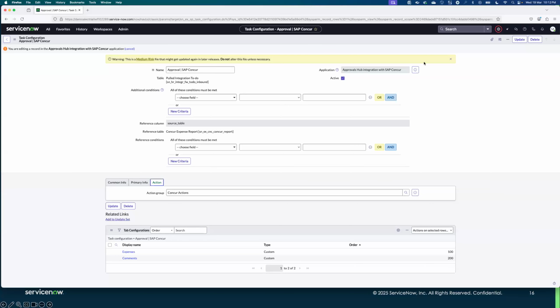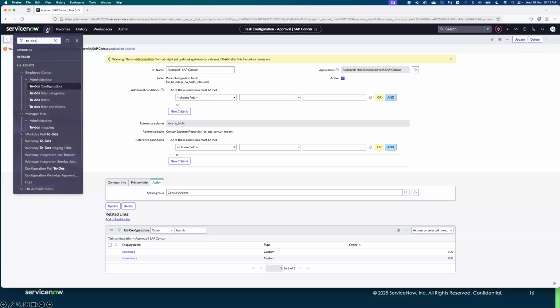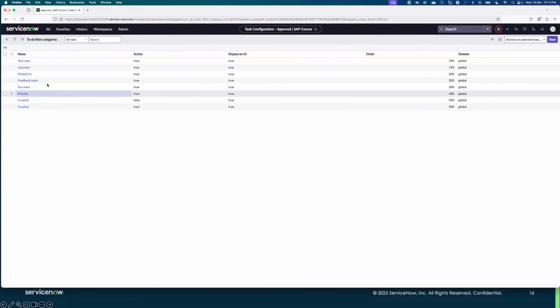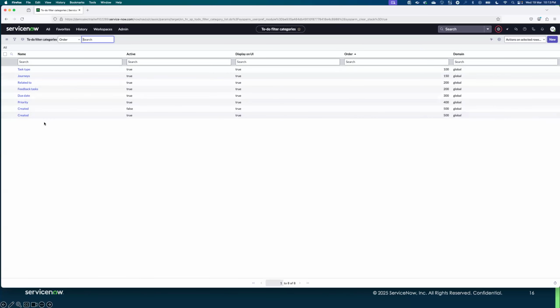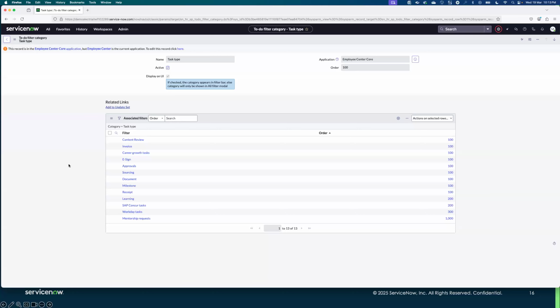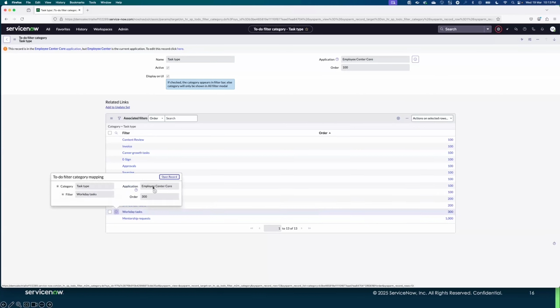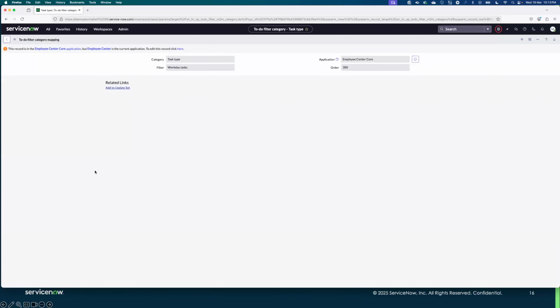So let's just see where you can navigate to configure the filters. On the to-dos, the second menu item we have here is to-dos filter categories. So you can go ahead and see all the different filter categories defined here. For example, I go into the task type record. So under task type, these are the different filters that I've defined for Workday or for SAP Concur. Let's just say I want to drill down into Workday task filters. Under the Workday task filters also,